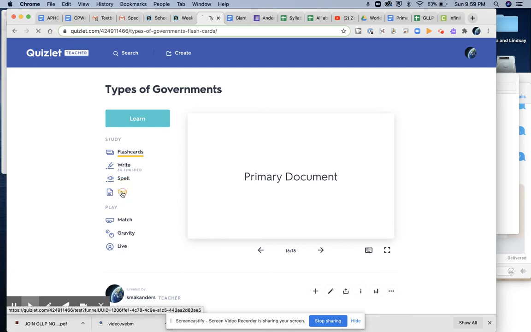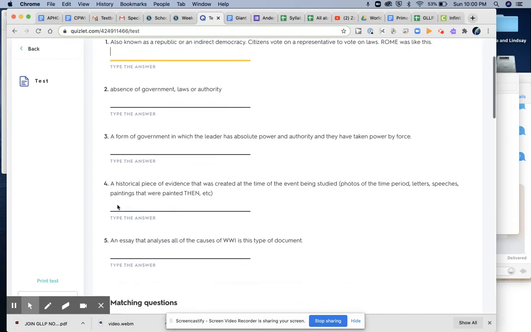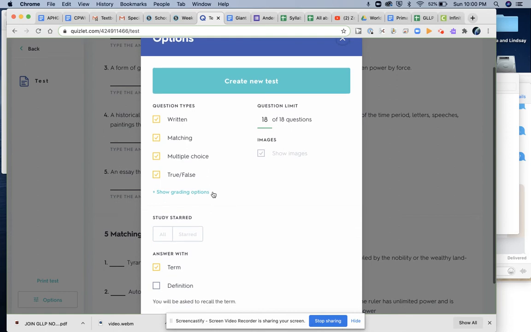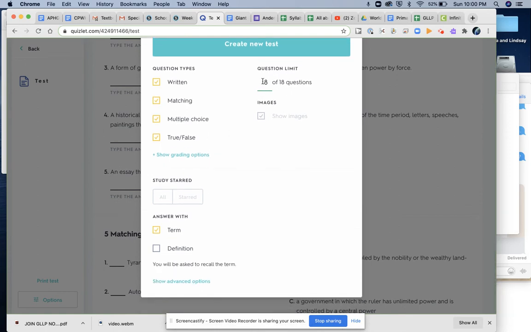For the test, here's the thing, is you have to go down through here at the bottom. I can't do it because my tools are in the way. Hide the tools. You want to go to options. Whenever you're in the test, you're not really testing yourself if all you're doing, you want to first of all make sure they're testing you on everything. And you want to like mix them up maybe a little bit, but I would get rid of true false. The true false are really stupid and don't really show you anything. And it's up to you to say whether you want to answer with the term or definition. I think answering with the term is easier. Answering with the definition is harder.